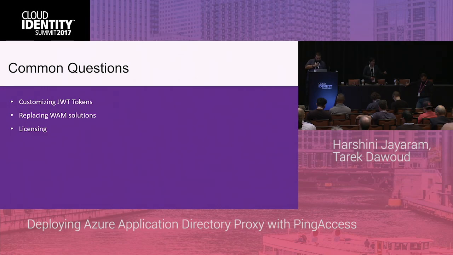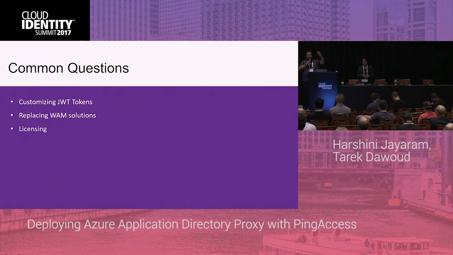Cool. So moving to the last segment, I believe, is Q&A. Common questions we get are like, how do I customize the JWT token? So you saw in the section where she was setting up the identity mapping in PingAccess, that PingAccess by default